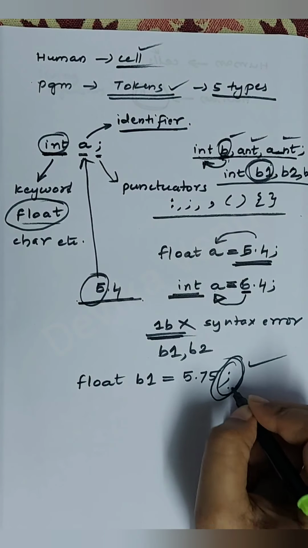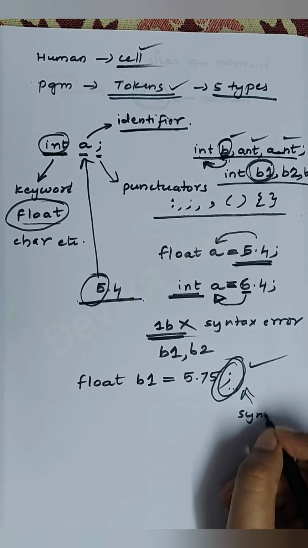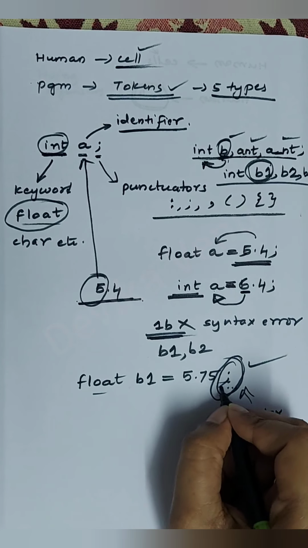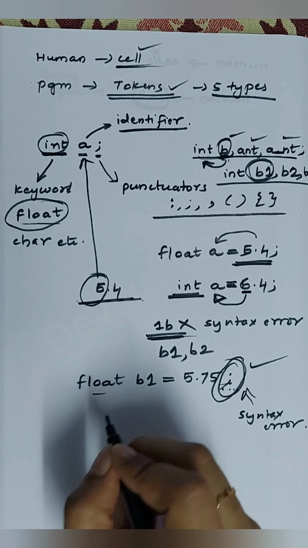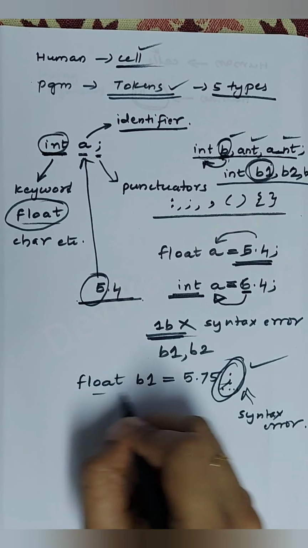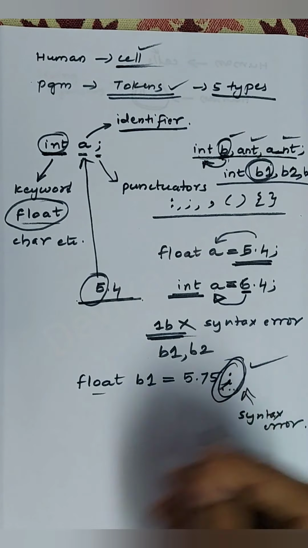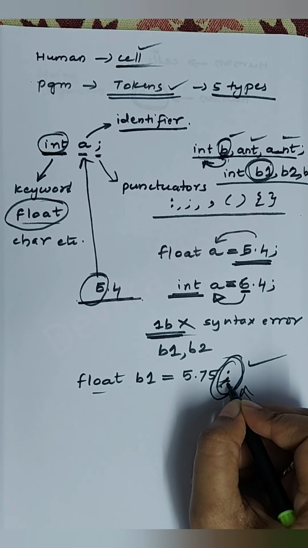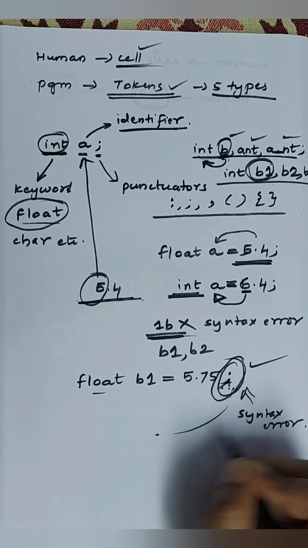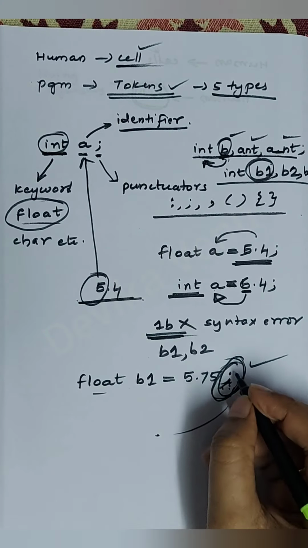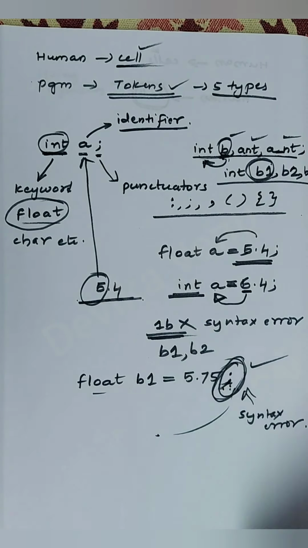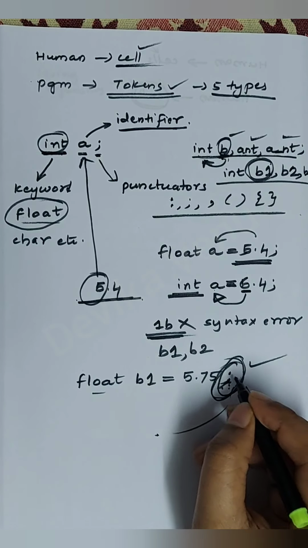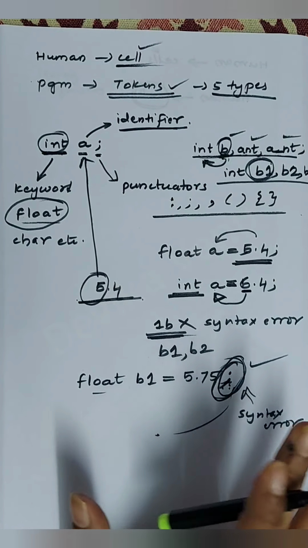Okay, if you forget the semicolon, again the compiler will show you the syntax error. Why? Because whenever a line is executed, when the compiler sees the semicolon, it understands that it is the end of that particular line. So it will start executing the next line. So the presence of the semicolon is very important. Whenever you end a line, you should end it with a semicolon. I hope that concept is clear to you.